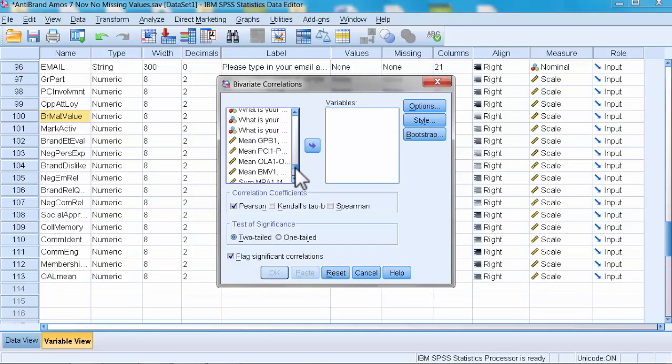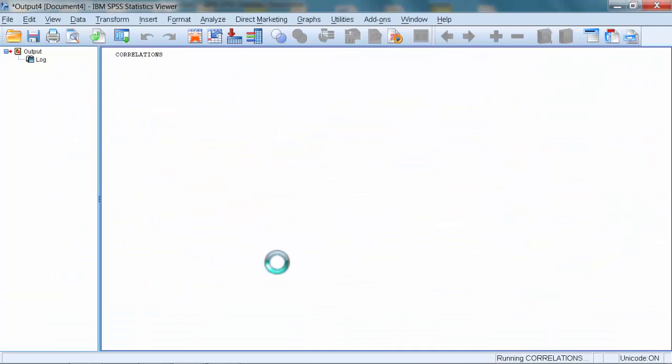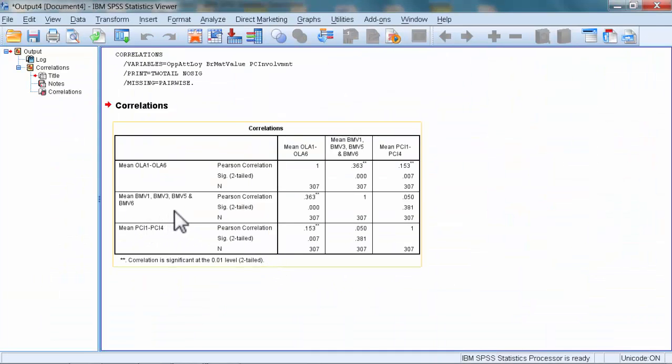My means are at the bottom. Alright, so we'll take means of all AA, means of brand material value, and we will take this means of product involvement. Okay, what we get is a table that shows how strongly those means are correlated,